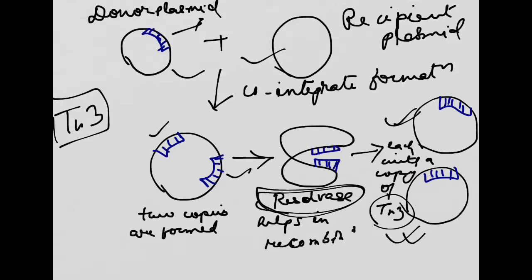So how many enzymes are involved here? Transposase for formation of the co-integrate. Okay, these 2 will not be cut and pasted, actually they will form some cuts and will help in co-integration. Then there will be formation of 2 copies of the same TN3 molecule. Then there will be recombination between these 2 TN3 molecules. Then after that there will be separation of the plasmid molecules, each with a copy of the TN3 molecule. This is how non-composite transposons will work.